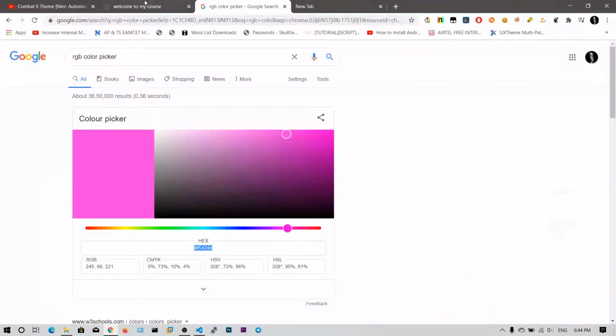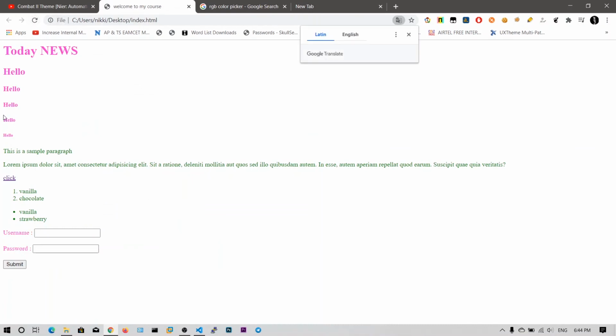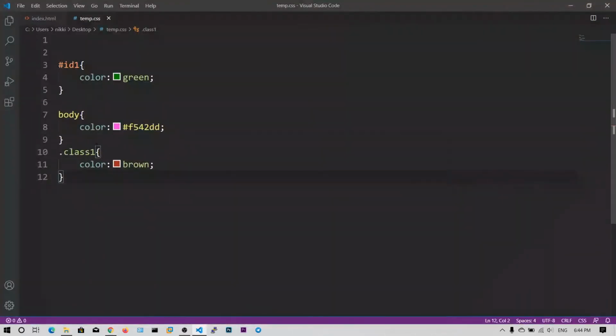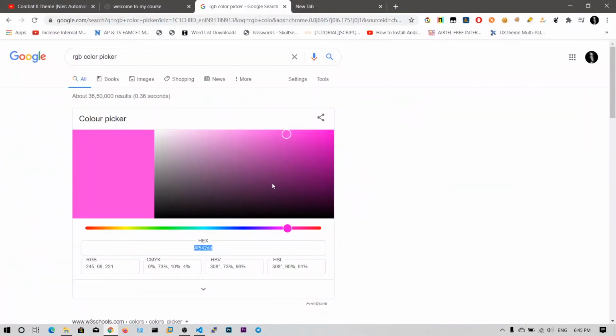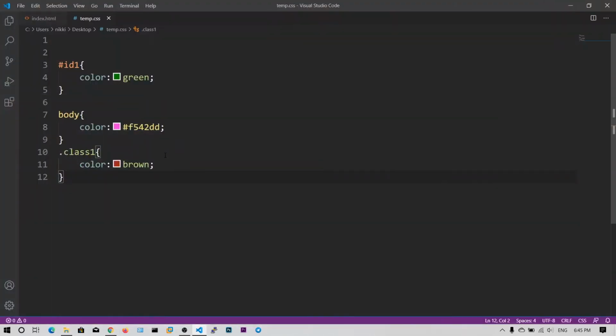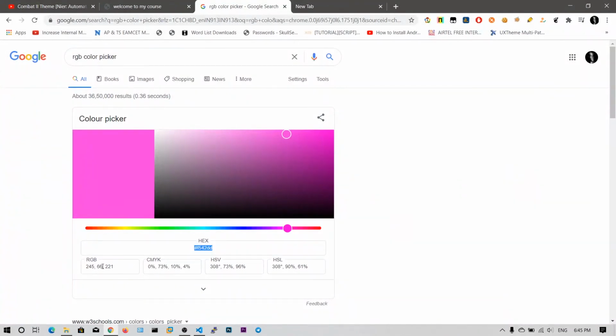If I refresh this, you can see all the elements have turned pink. So this is one way of adding colors. I recommend this method because you can select so many shades of a single color with these hex values. You can also choose RGB, with red comma green comma blue in brackets. That will also work.